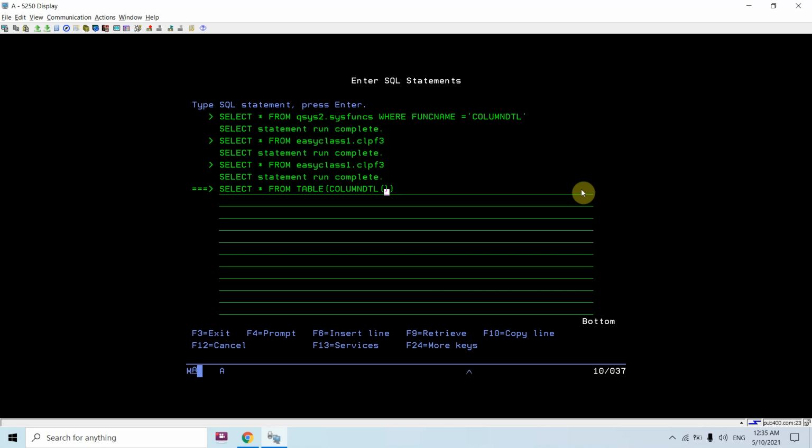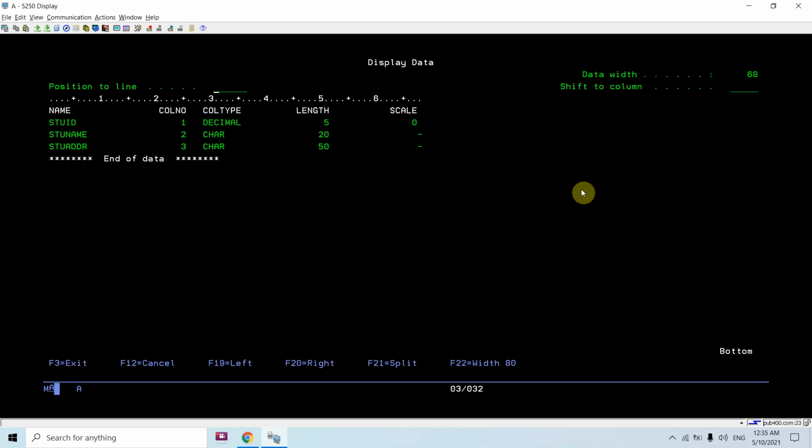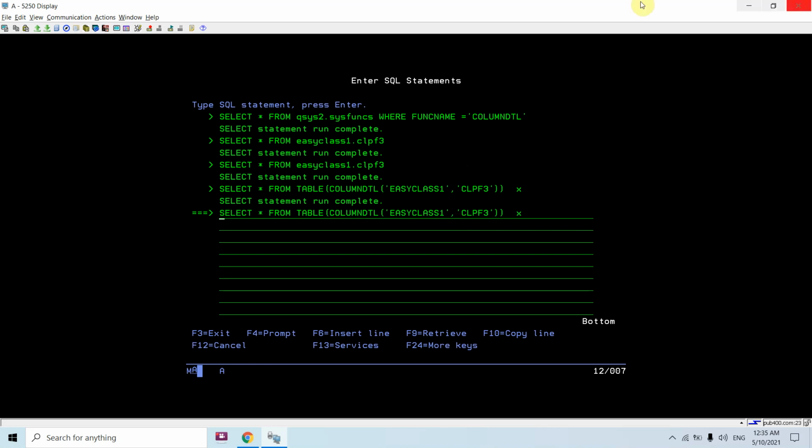But it accepts parameters, so I'll give the schema, easyclass1, comma the table, let's say clpf3 for now, and give it an alias name x. You can see name, column number, column type, length and scale. I get all this information, selected from qsys2.syscolumns, using this table function.